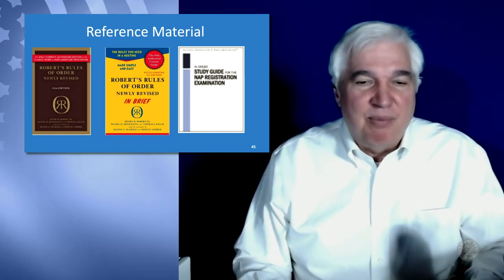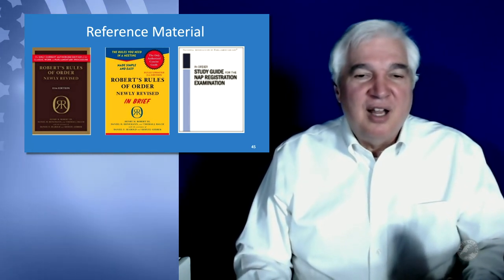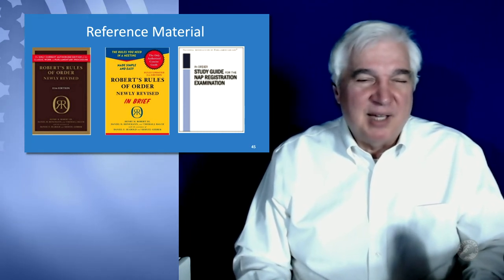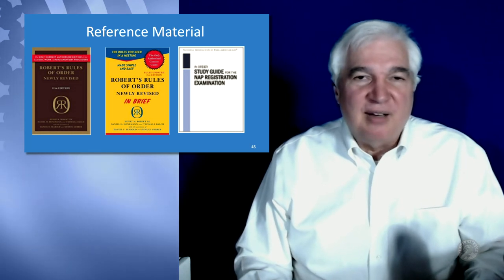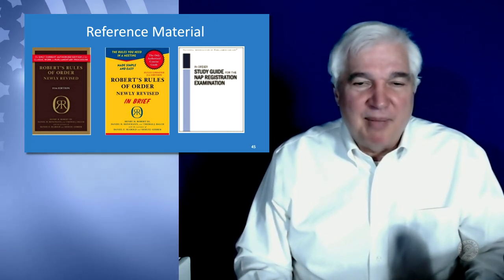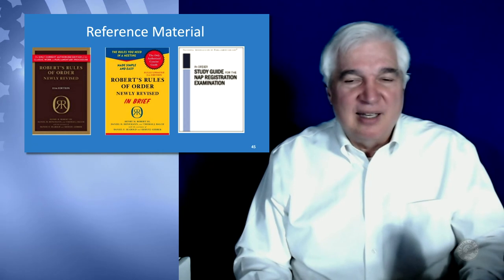And then your reference materials for studying parliamentary procedure. We have the book on the left, which is your 11th edition of Robert's Rules of Order. It now comes in at something like 750 pages. I was at a garage sale yesterday and picked up a version from about 2 decades ago, which was only 200 pages long. So it's been filled out substantially since then.